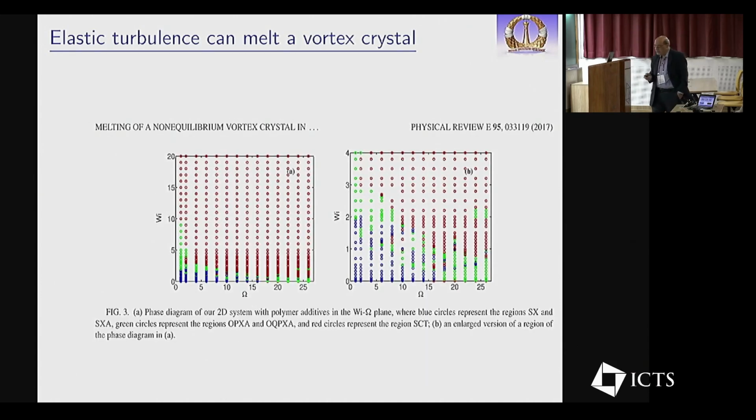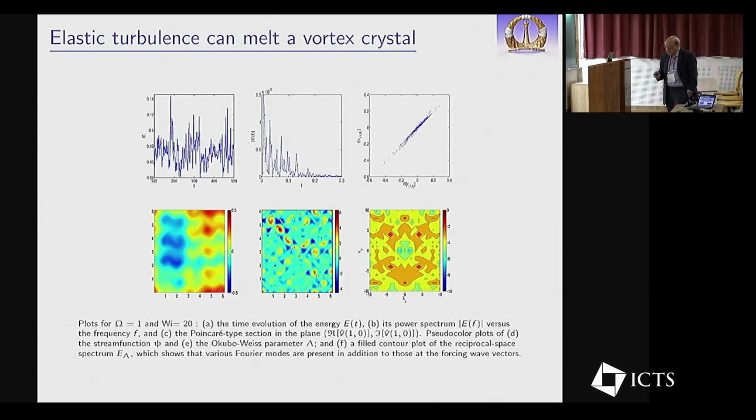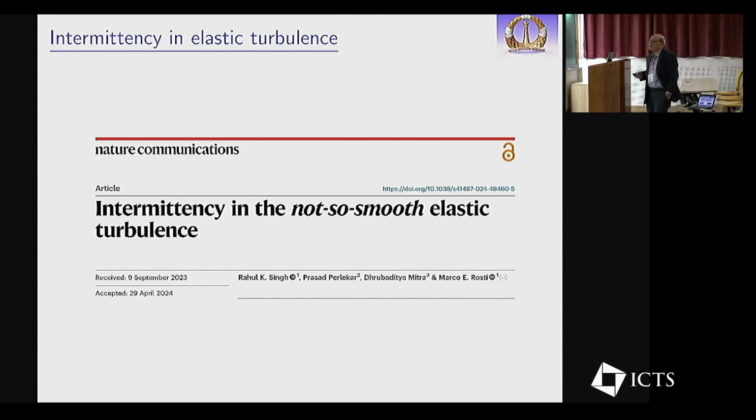Okay, so you can do a phase diagram. This is Weissenberg number, this is Reynolds, and to the best of my knowledge, this was the first detection of low Reynolds number turbulence. The Bragg peaks all get washed out if you look in Fourier space; this is the real space. So that's how it has been melted by elastic turbulence. Of course, turbulence, everyone says, is intermittent, and indeed this is intermittent too. I don't have time to cover it today, but I strongly recommend this recent paper, in which this set of authors have characterized the intermittency in such elastic turbulence very well.